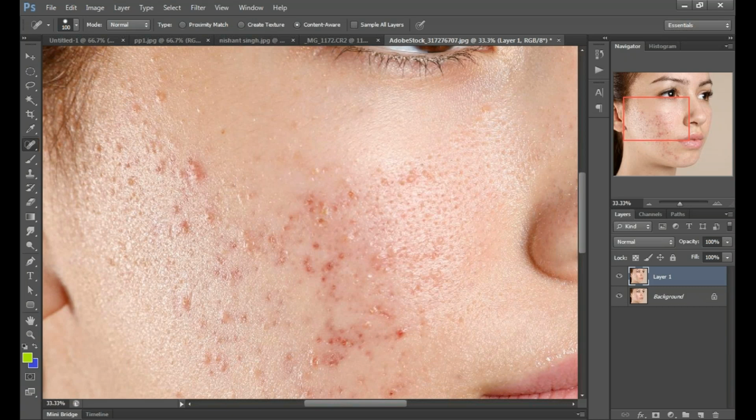You can see that we are easily able to remove spots with that. So we will remove some large or different area spots with our previous tool.